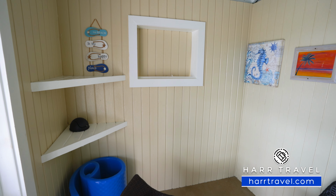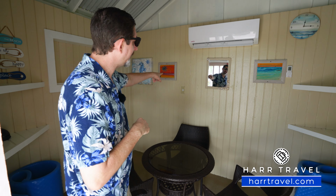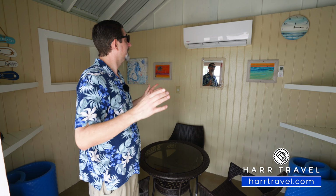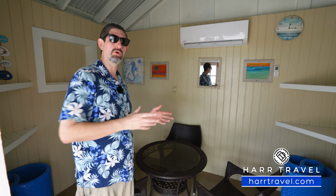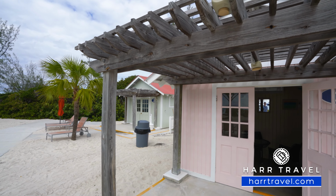So you've got a little bit of area here to put your stuff. You can open up the windows on the side to get that cross breeze coming through. And there is a plug if you need to charge. But this is the space, and you can use it as an indoor-outdoor space. Of course, you can close the doors off, keep it nice and air-conditioned, or you can head on out and